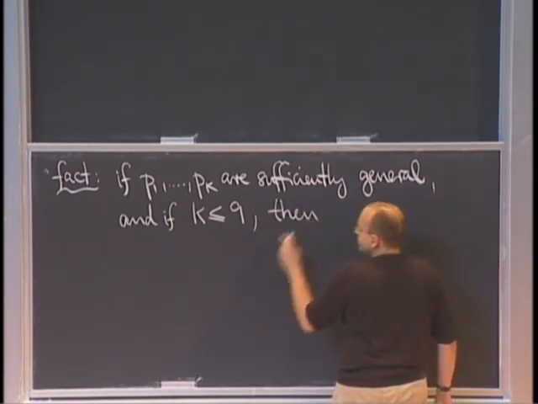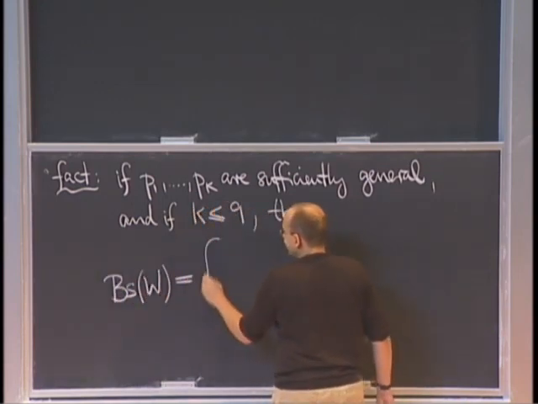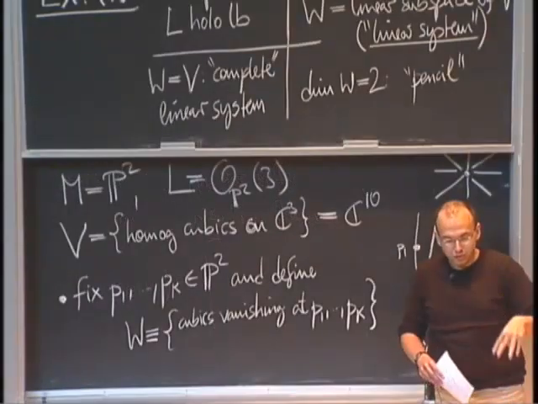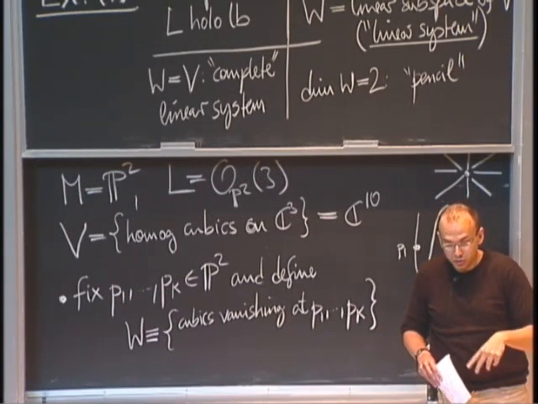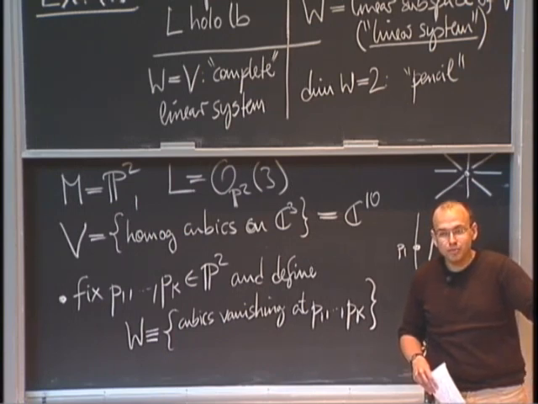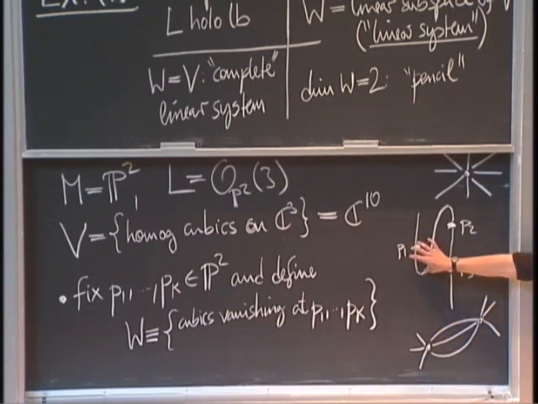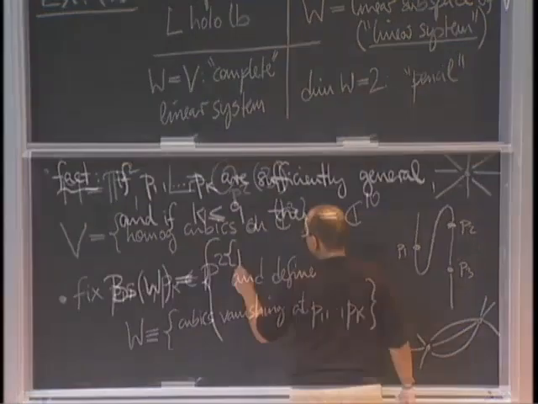Then the base locus of this linear system. So the base locus is by definition the locus of all points where all of the sections in my linear system vanish. So it's the set of all points where all of my cubics in the linear system are forced to pass through. If K is reasonably small, then there's just going to be these K points where I imposed vanishing, and there's no a priori reason to think that they vanish at other points as well. So the base locus is just going to be